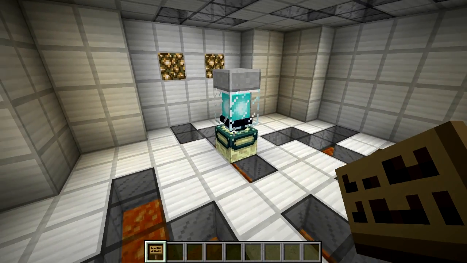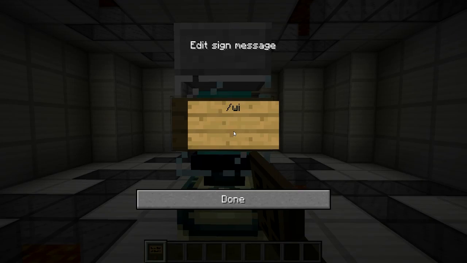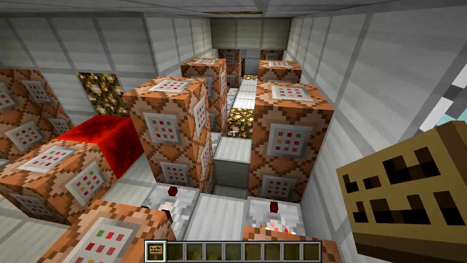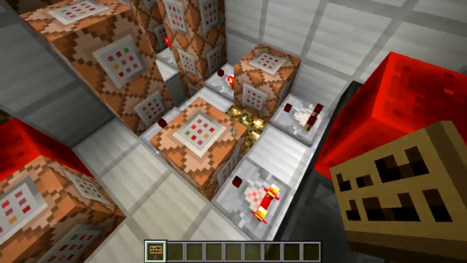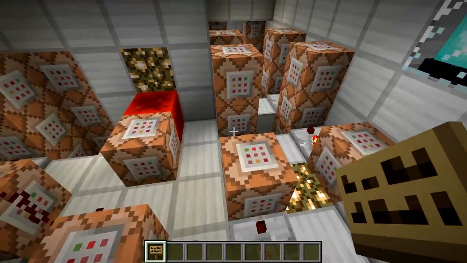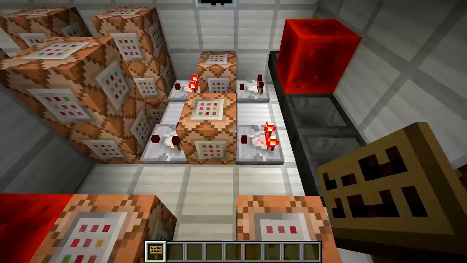This one is called Programmable Computers in Vanilla Minecraft, and let's get right down to the wiring. So, at first glance, you think this is a lot, and this is really hard to do, you don't know what's going on, but it's actually pretty simple. So what I'm going to do is explain this mechanism first, and then this one second, and then that's pretty